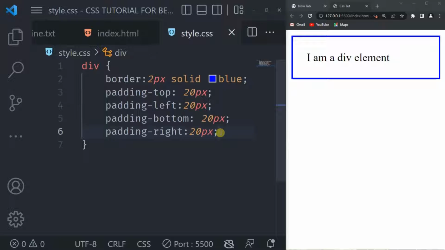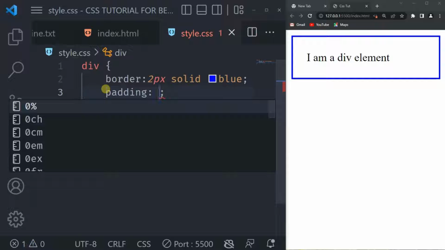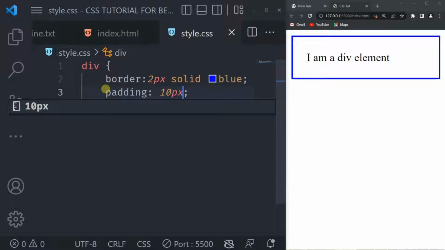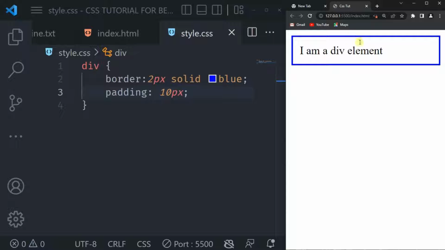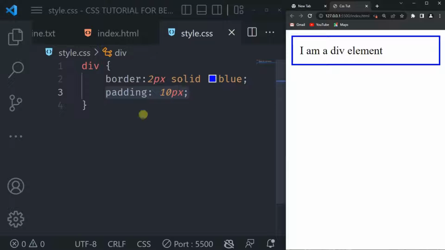Instead of adding padding top, left, bottom, and right, what you're just going to do is just say padding, and then I can specify 4 values for this. Let's do 10 pixel, but before then let's make sure we reload this. Can you see that I already have a padding of 10 pixel for all of these right here? So if I clear this padding now, I just want to see this element without the padding. You see I don't have a padding right here, so I'll Control Z this to make sure I have the padding again. Then when I reload, you can see that I already have a space in between